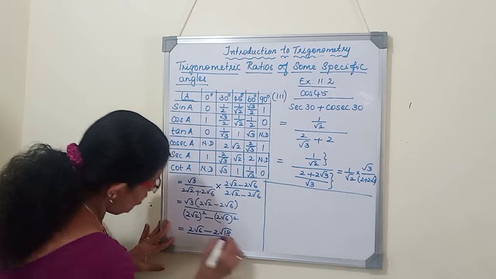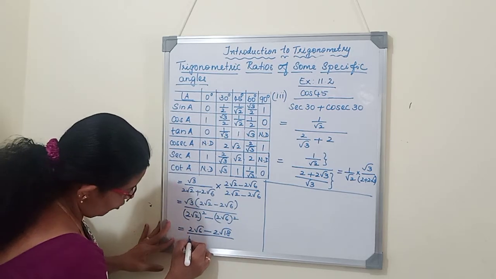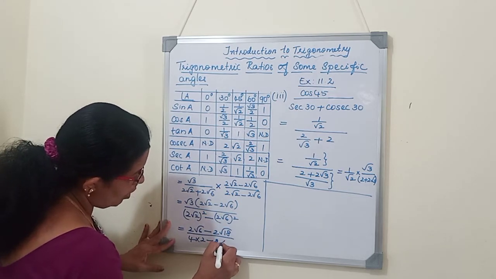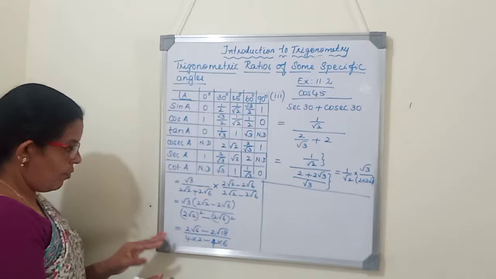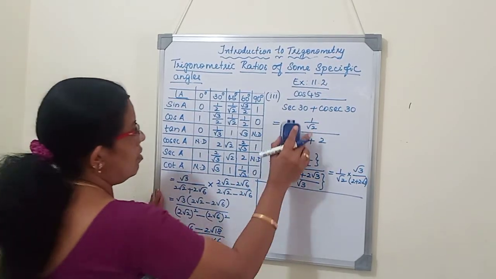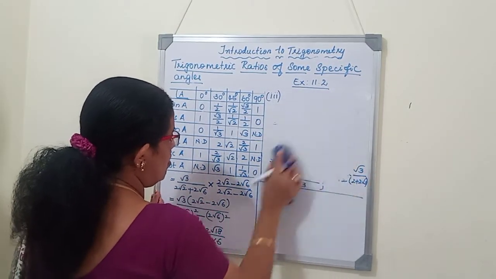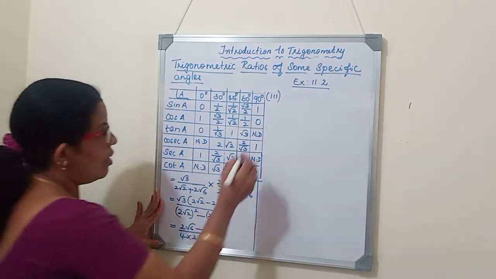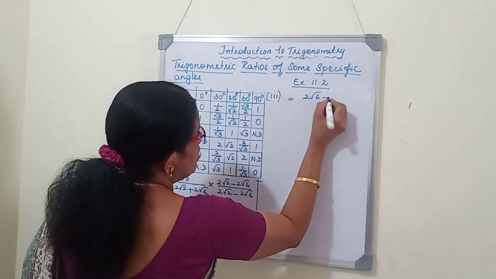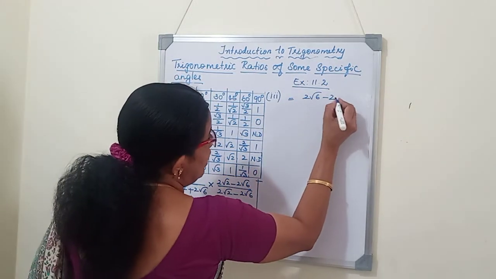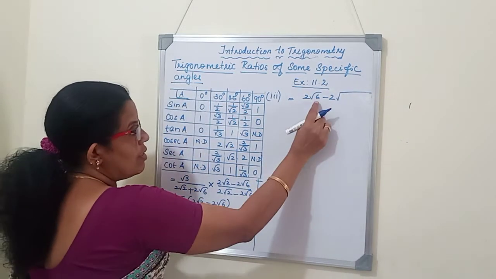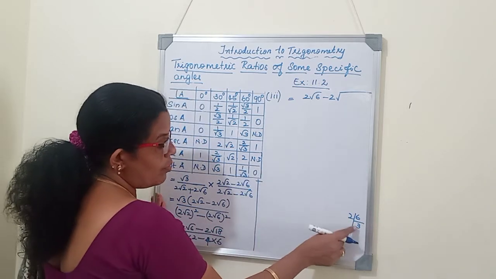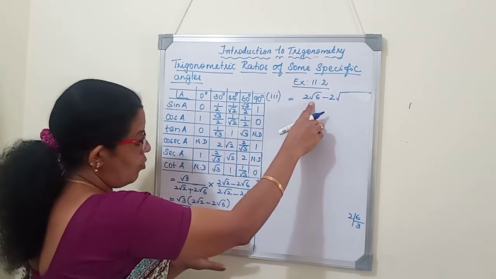Now the denominator: 2 root 2 squared. 2 squared is 4 and root 2 squared is 2, minus again 2 squared is 4, root 6 squared is 6. So we are getting 2 root 6 minus 2 root 6 minus, see here we have 2 root 18. 18 we can simplify. 6, why didn't I factorize? Because if we factorize 6 we are getting only 2 into 3. From 2 and 3 we cannot take any common number, that's why root 6 stays as it is.